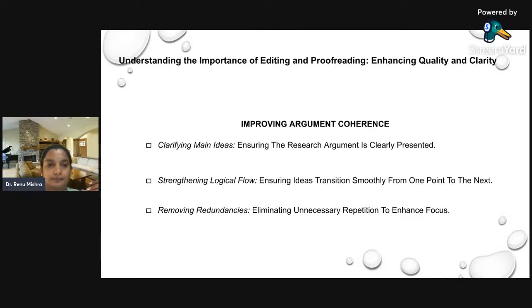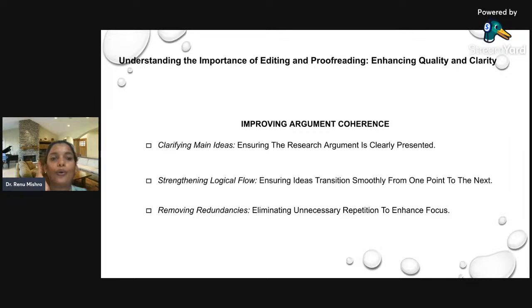But in that, the problem is discussed in one paragraph. There is no connection between the solution and the problem. The solution is talking in another manner. There is no logical flow in either of the paragraphs. How would the report look? The same point is discussed again and again.